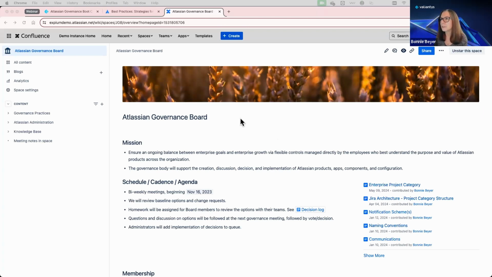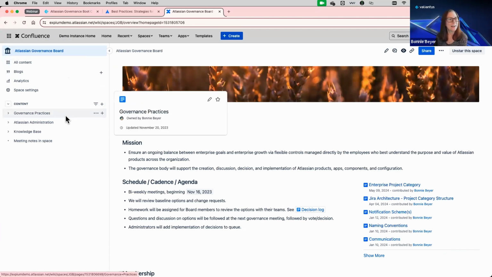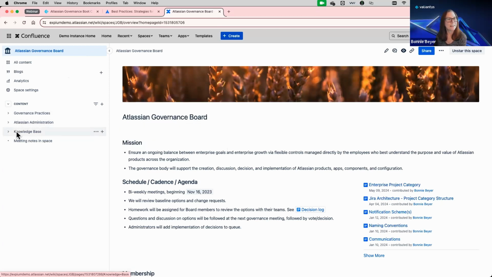But let me show you the elements of this governance board. So here's our Atlassian governance space. And it's broken down into these sections of where I have the governance practices, Atlassian administration, and the knowledge base. And each of these sections are important in their own way, and I'll get into those. But on the home page, I have the information that we talked about before. Our mission and purpose statements are here,